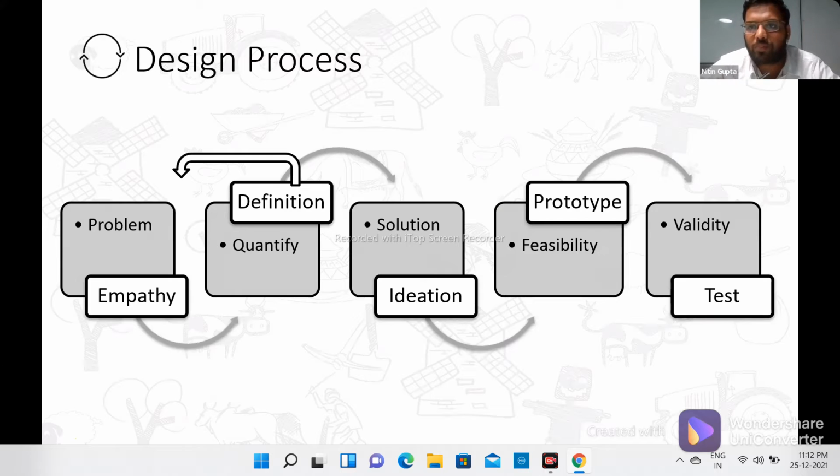I'll talk about the problem first. The empathy. So in empathy, what we do is we try to see the problem from every perspective. Let's say we are trying to solve the problem of cotton harvesting. I'll go to the labor who harvests the cotton, and I'll also talk to the farmer. The problem the farmer faces will be very different from the problem the labor faces. The farmer is more worried about the viability, and the labor is more worried about his hands being